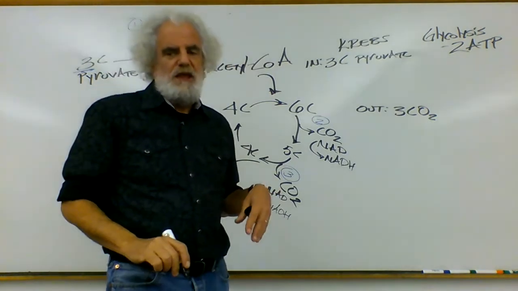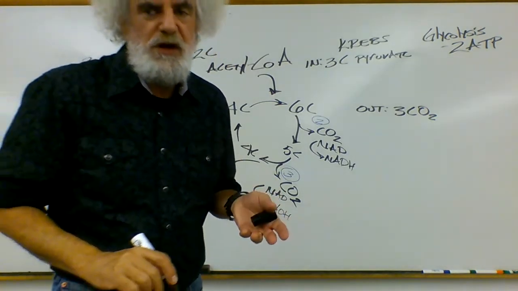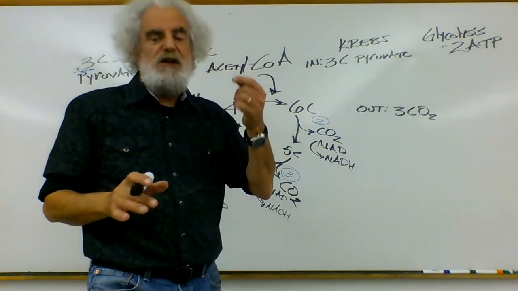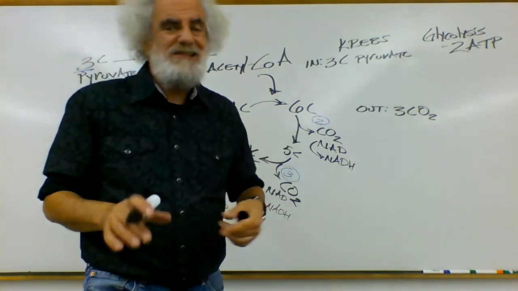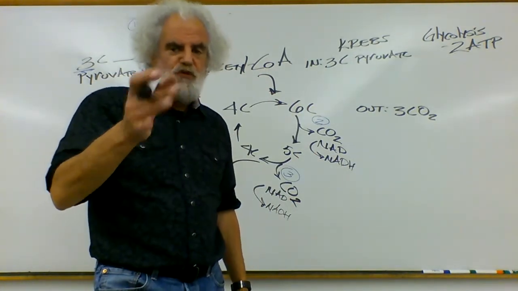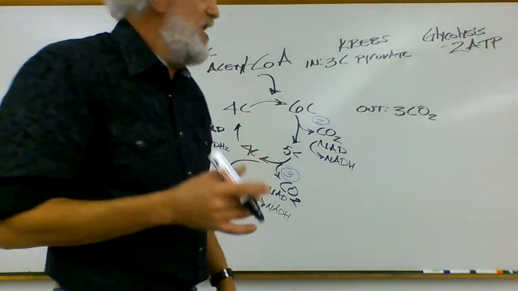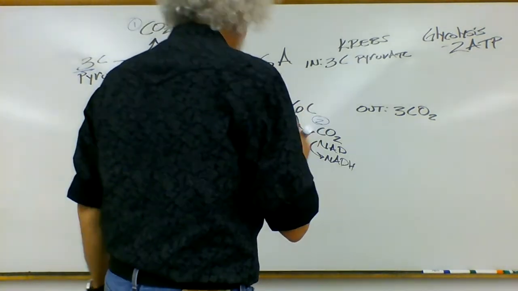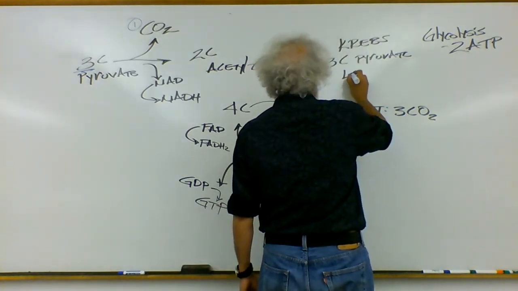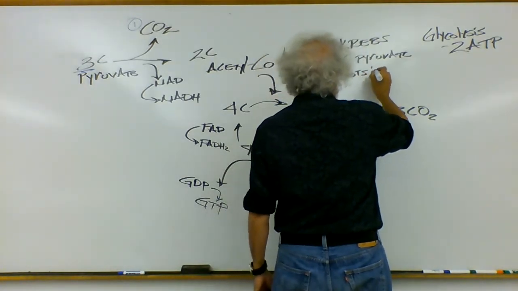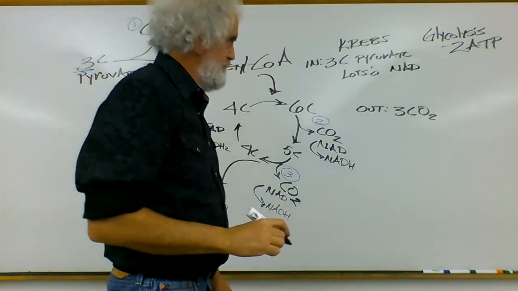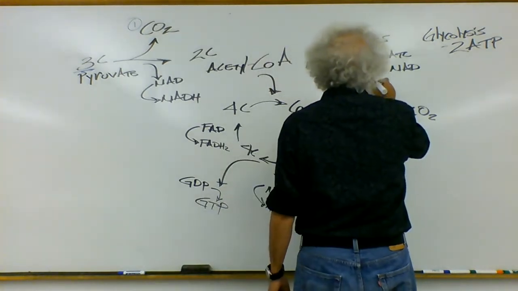Now, if you really want to get picky and count things up, you could. It's not really critical. What we can say is, rather than counting up the NADs that are required, let's just say lots. It's like, 1, 2, 3, more than 3. We got a fair amount of NAD being required here. So let's just go ahead and say lots of NAD has got to go in, and 1